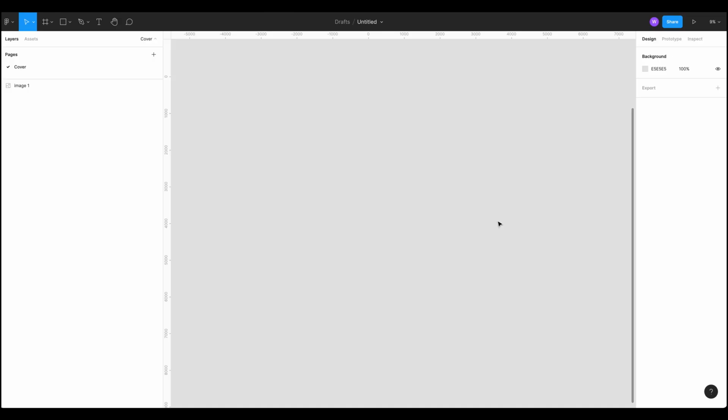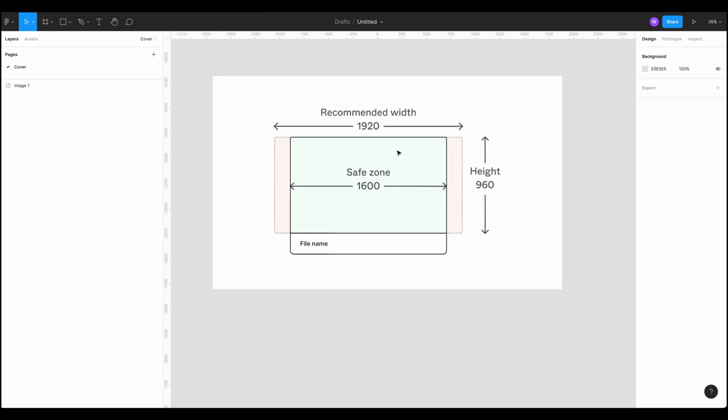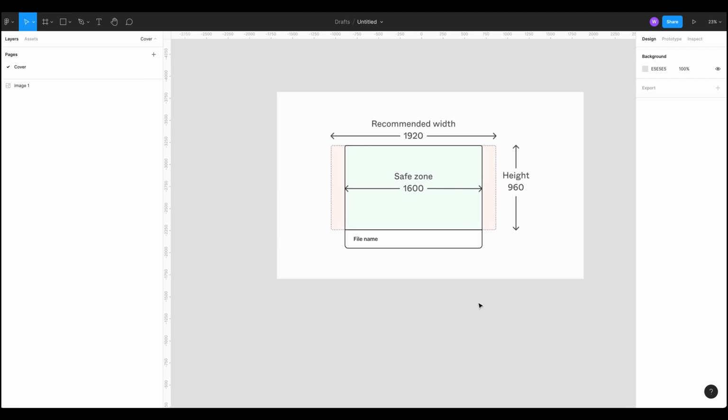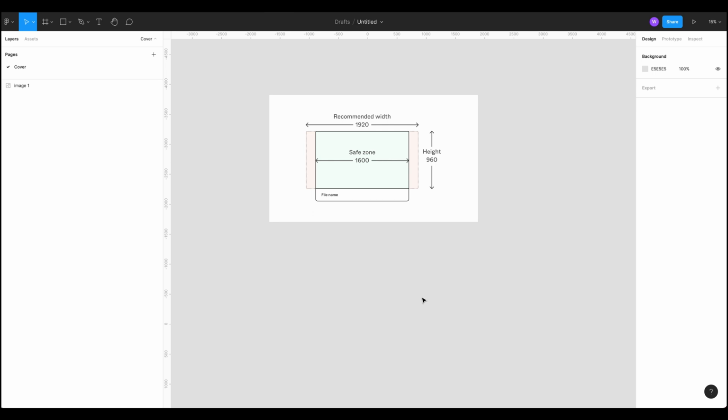So today we're just going to have a look at the best way to set up your Figma document, not only for handover but for keeping it nice and tidy and also having a nice cover image. So the first thing we're going to do is take a look at the cover image. If we just scroll up here, this is the guidelines that Figma have provided. So what they're saying is we need a frame of